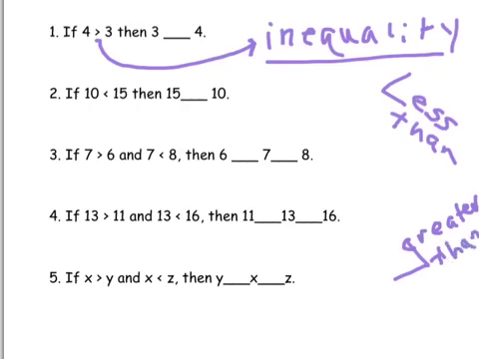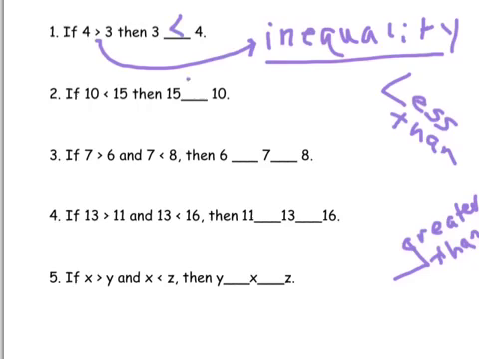So what we're going to do is reverse our inequality. Right here we have, if 4 is greater than 3, then we know 3 is what? You got it. Less than 4. Okay, number 2. It says if 10 is less than 15, then we know 15 is